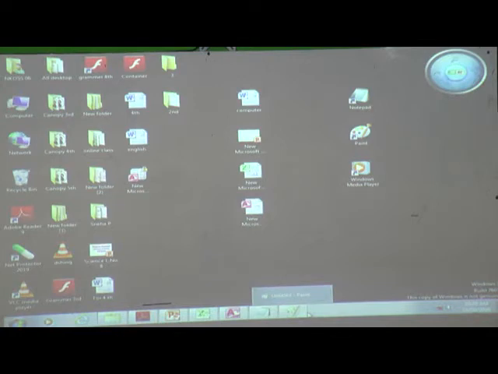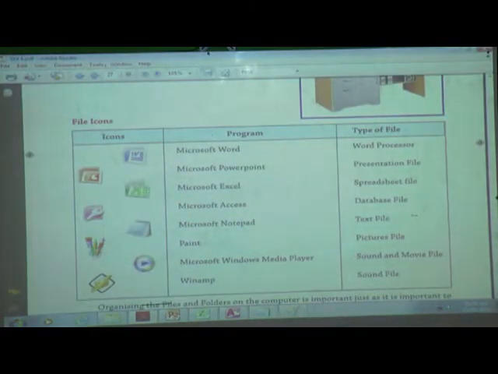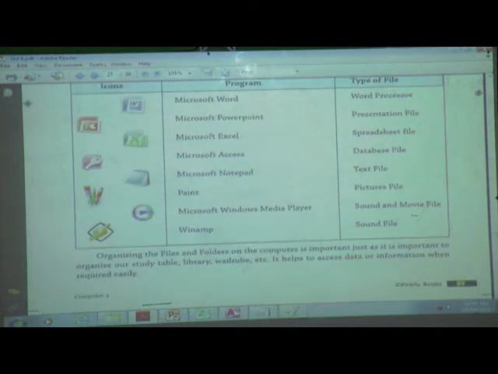In Microsoft Windows Media Player we can listen to sounds and also see movies, but if you want to listen to only music, that time we are using Winamp. Got it? These are icons, programs and types of files.